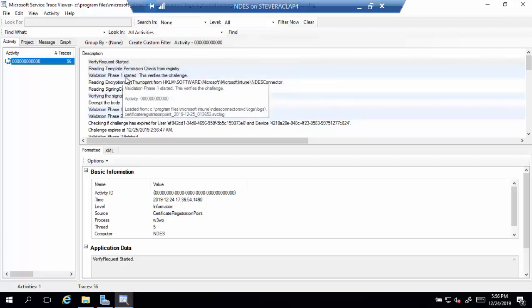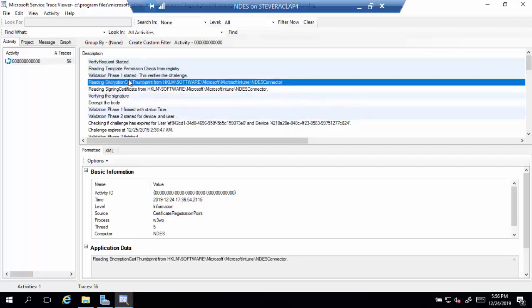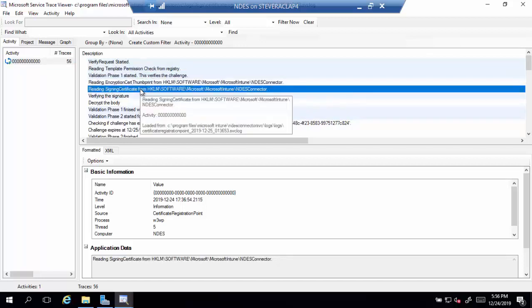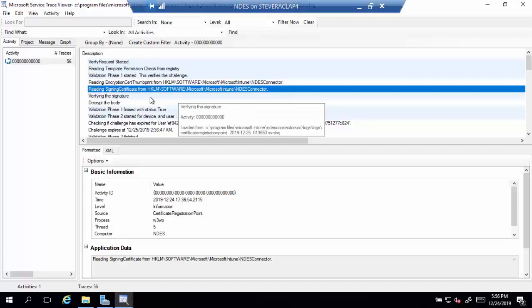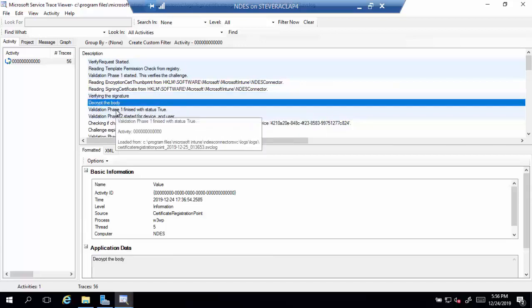Phase 1 started. This verifies the challenge, so that is all good. Reading signing encryption certificate, reading signing certificate. Now, keep that in mind. I'll show you that again in just a minute. But here we were fine, so we read them successfully, verified the signature, decrypted the body, so phase 1 passed